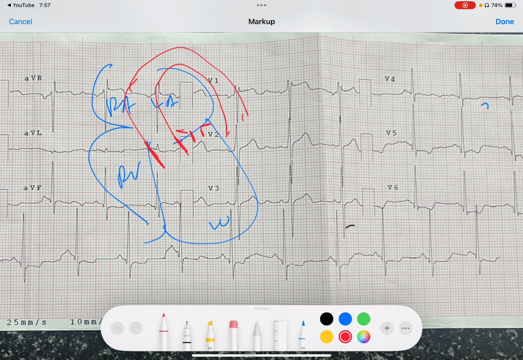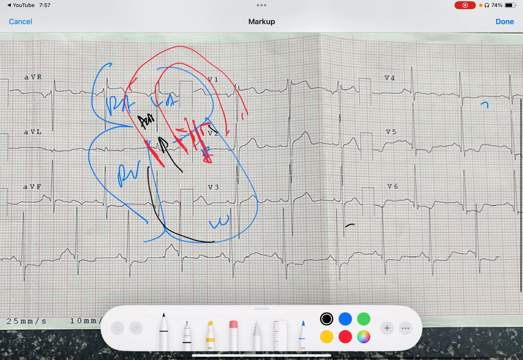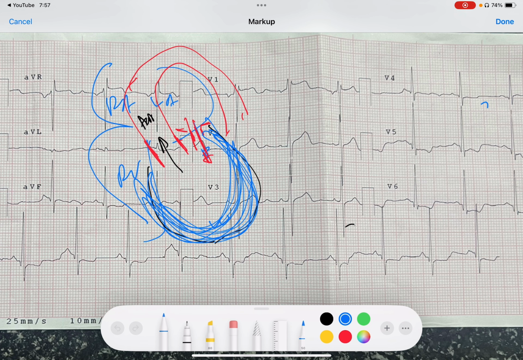This blood comes here, into the left ventricle, and blood is going out through the aorta. This is how the LV looks. One thing we come to know is that this mass is significantly increased. Now, why would this mass increase? This mass will increase if there is obstruction to the aorta.